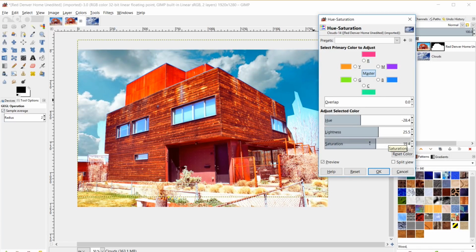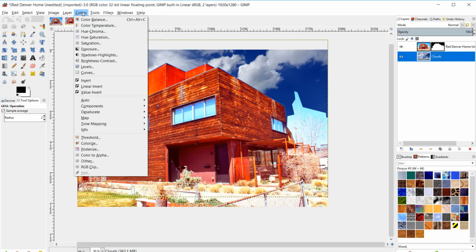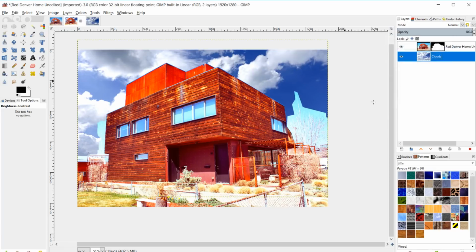And I think I chose a sky that has a totally different color than the original image, so that might be an issue. But let's see if we can work here. Brightness contrast. So that's fitting a little bit better now, but we still have work to do with the actual color of